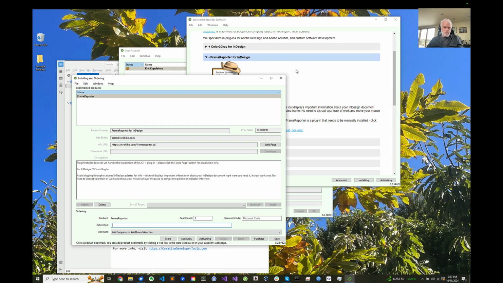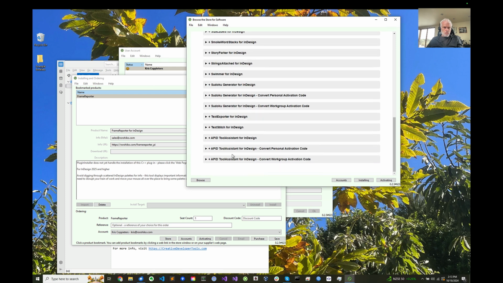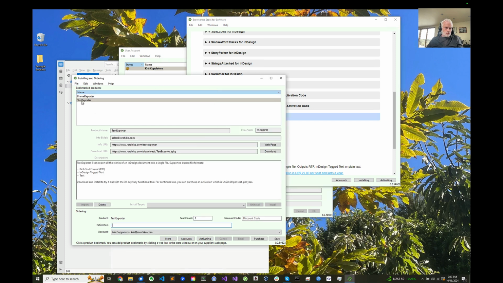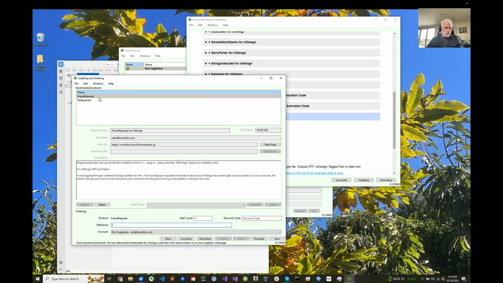Other tools, like for example text exporter or swimmer, various scripts, can be installed through the plugin installer. Essentially the difference is that there is a download folder. You can download, and then once it's downloaded you can install and uninstall and so on. So that's the difference. Plugins are not installable via the plugin installer yet, but at least you have the activation and the purchase options. To install a plugin, you need to follow the instructions on the plugin web page,